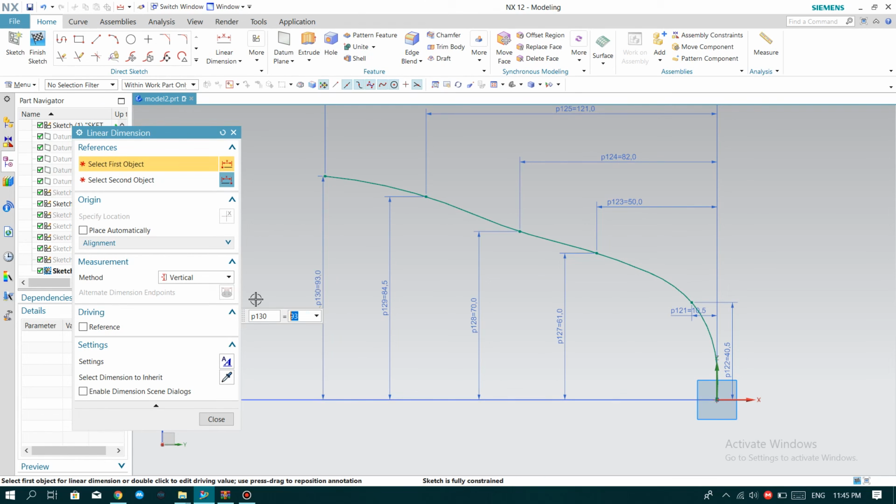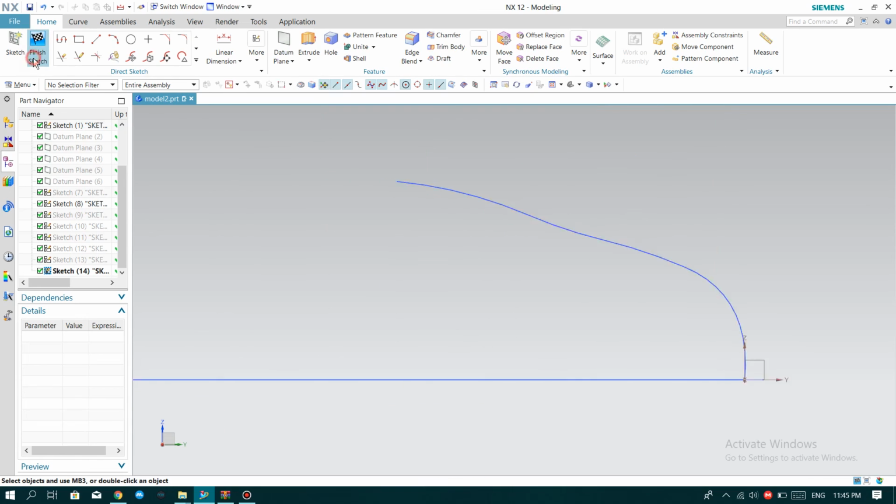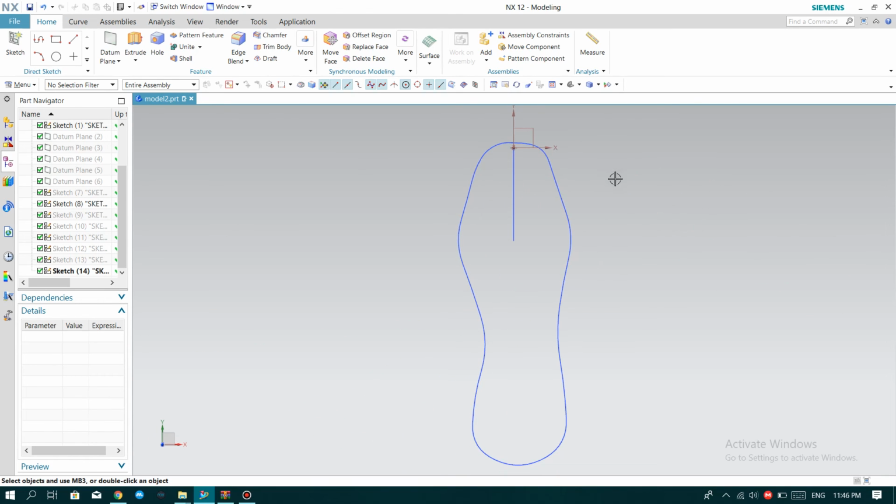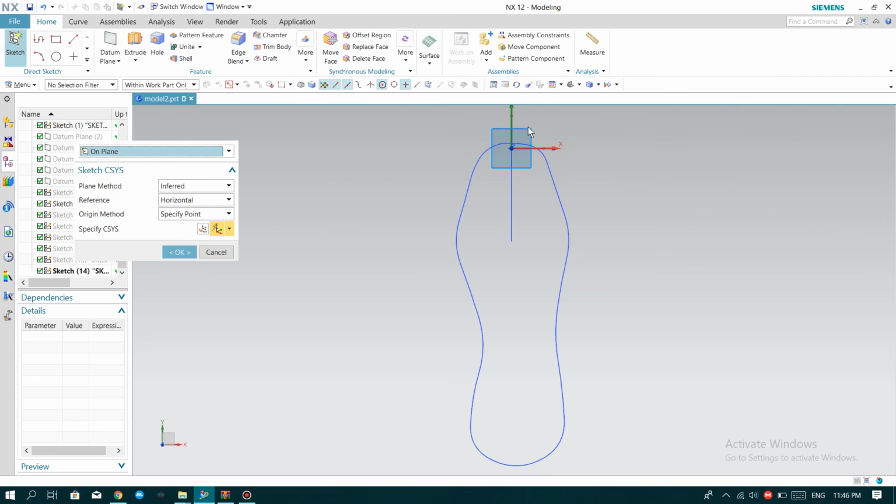Okay, finish sketch, and then you go to the top plane and sketch in the top plane,